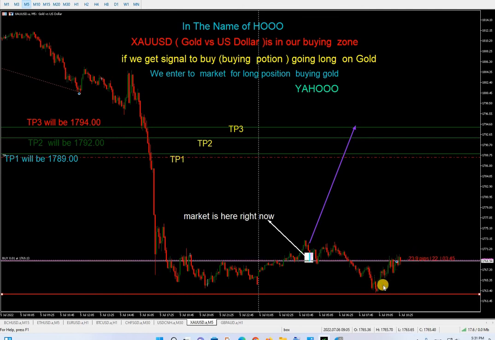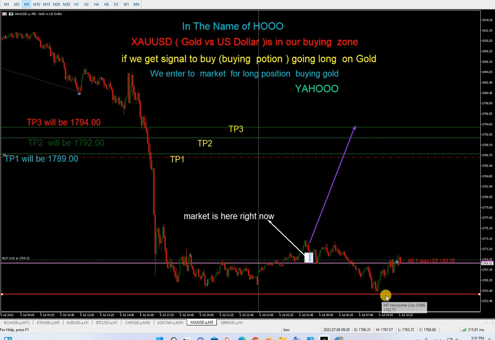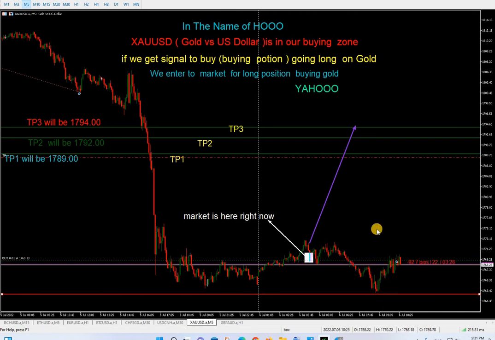At the moment, because it's 5:30 in Sydney and London would open very soon, and the market is going to move up and down hugely, I'm not going to put a stop loss here. I know this is dangerous, but at the beginning of any market, the market would be volatile, going up and down, and I don't want to hit the stop loss. Anyway, if the market goes under this red line, which is our support, our stop loss, then we close the trade. It has to close, not just pass.